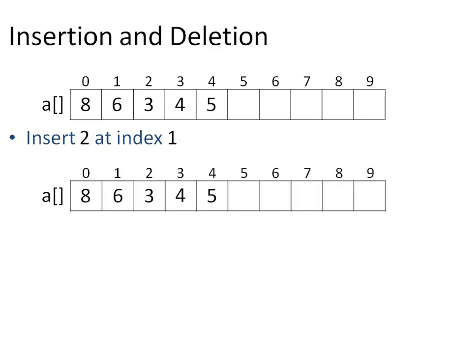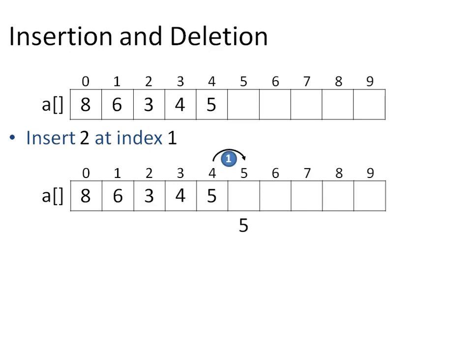For this insertion, we have to shift all the elements from index position 1 to index position 4 towards the right by 1 position. During this shift, we have to start with the last index, that is 4, because if we start shifting from index 1, then we will lose array contents. That is, if we first shift 6 by 1 position towards the right, then we will lose 3 and so on. So we have to start with index 4 here.